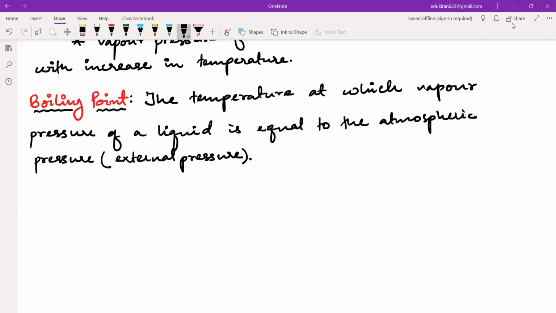So if there is a liquid which is volatile, that means whose vapor pressure is already too high, for example, sanitizer and all,